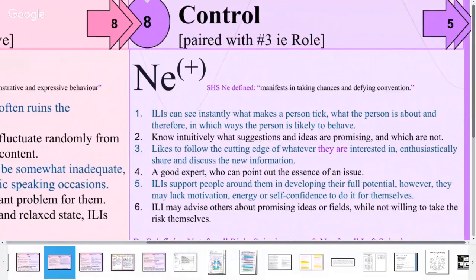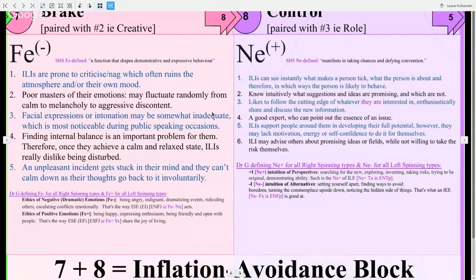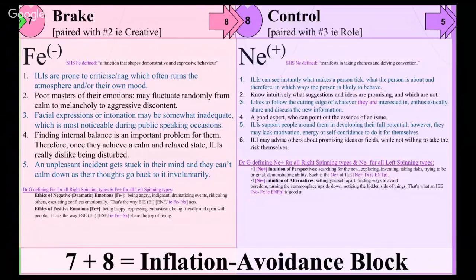I found it kind of interesting because I'd always expected the Fe-polr types to be bad at reading people, and I've seen INTJs who do seem bad at reading people, and I've seen INTJs who come to the same or similar conclusions as I do about people. But there's often something slightly off about it. Maybe, as Maria says, it relates to certain aspects of the person that they can see well, maybe in terms of how efficient they are. Well, it can even just be the difference between an INTJ who ignores their Fe or deals with it. If they incorporate it, then their insights get spot on. But if they don't, then